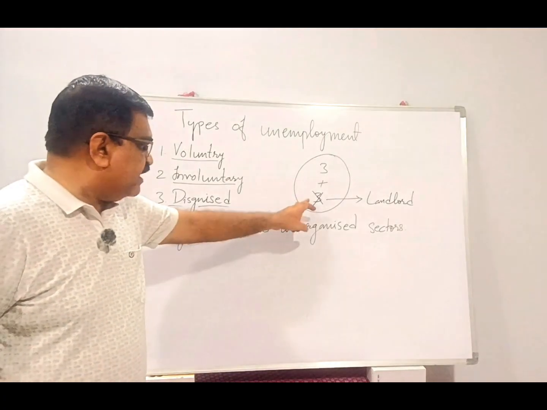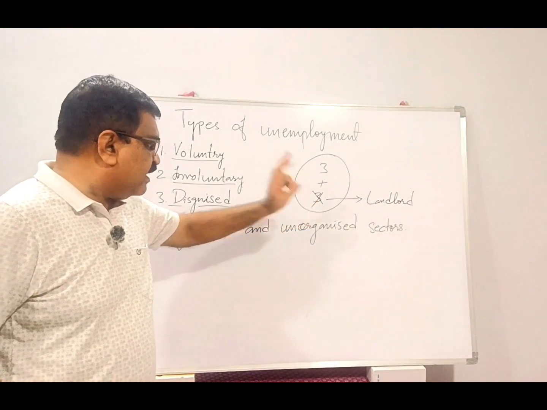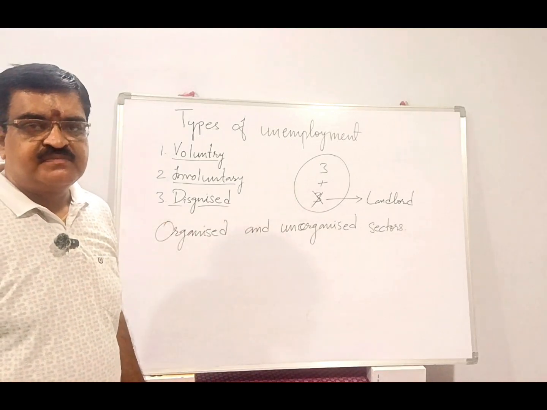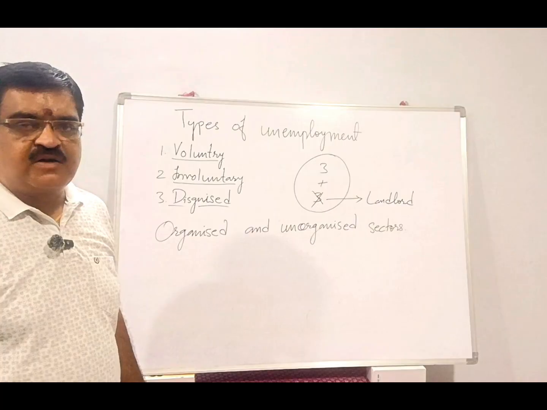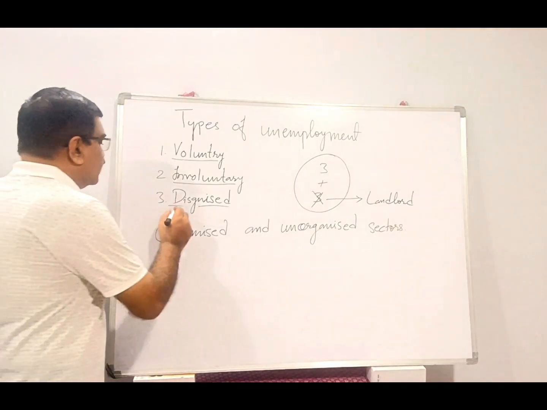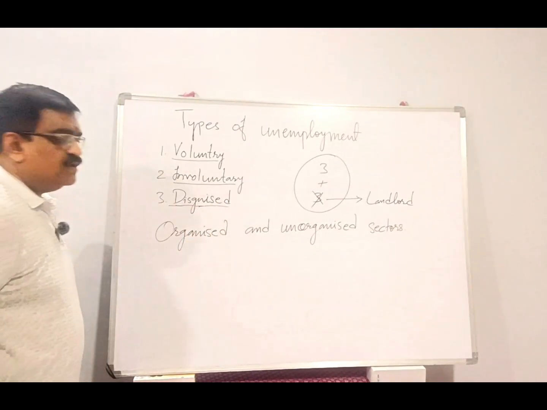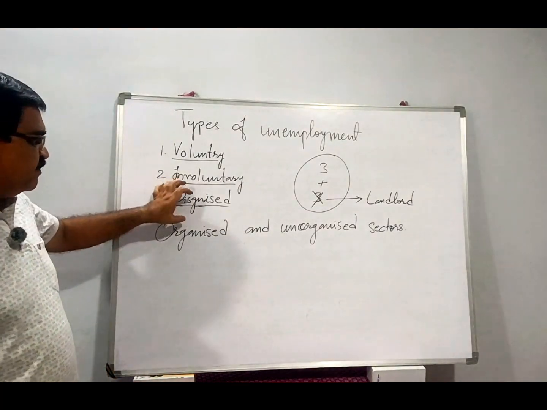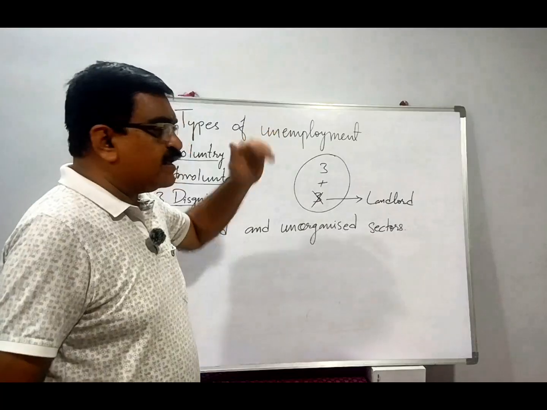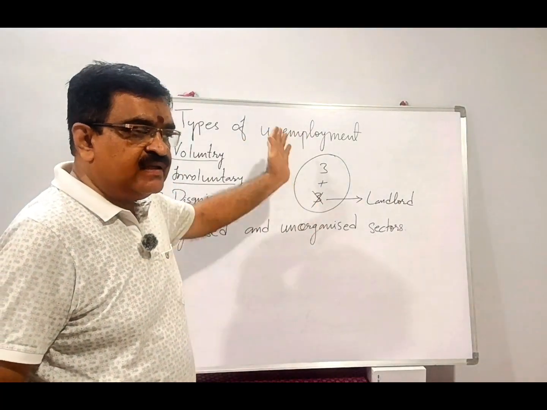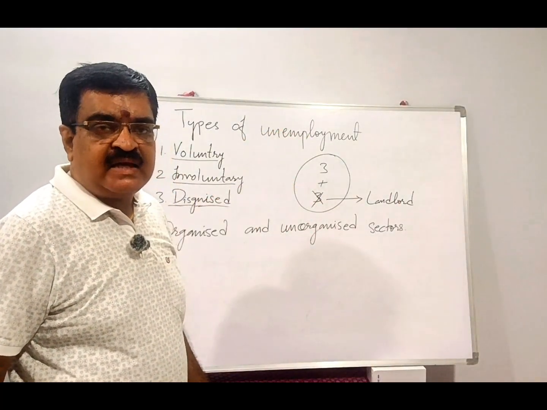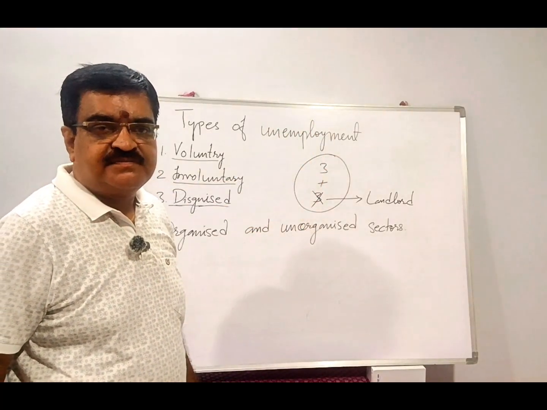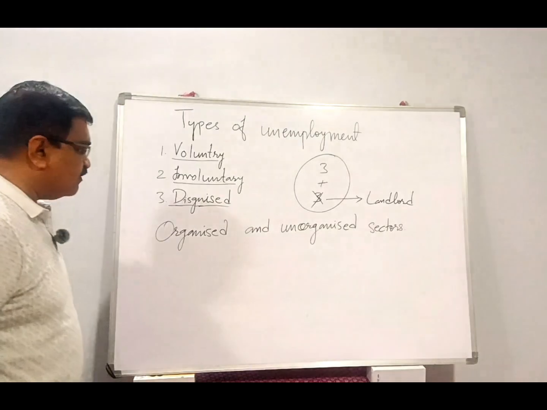So the work of these 3 members on this land is useless. It is not of any use, and that is only called disguised unemployment. Disguised unemployment means when more people are working on the same piece of land and are giving the same production as was given previously, then it is called disguised unemployment.